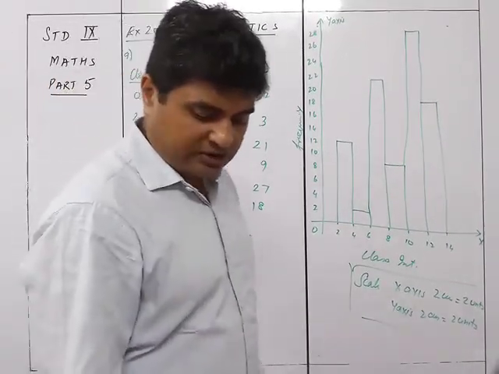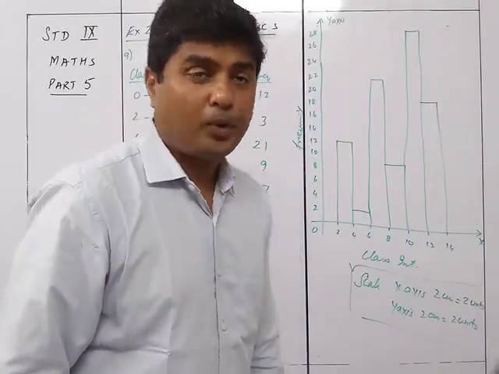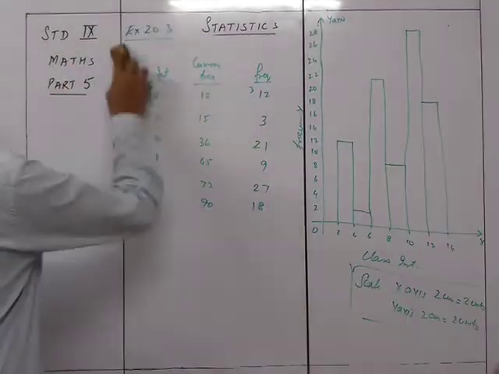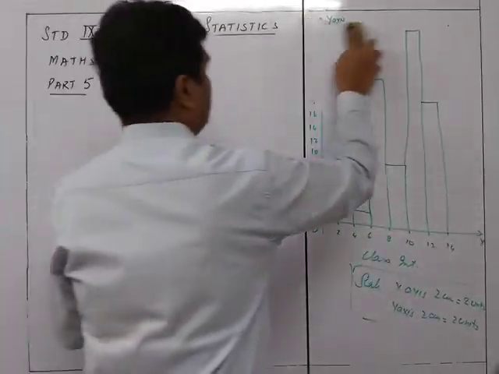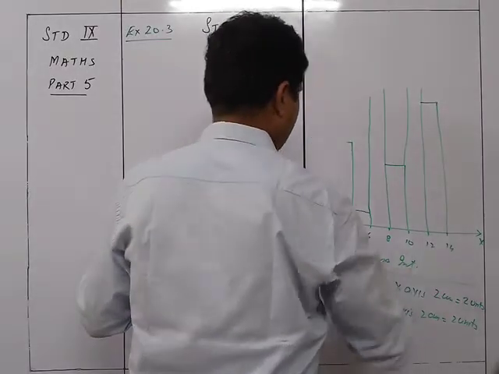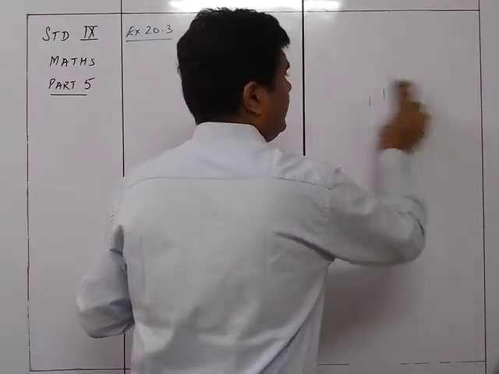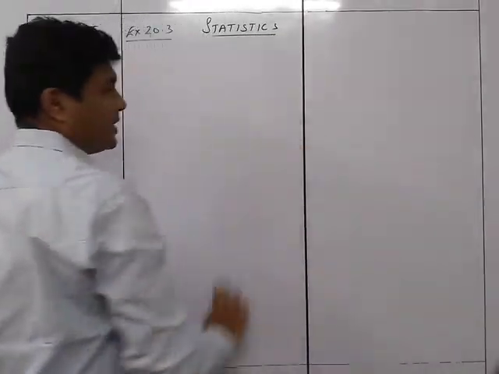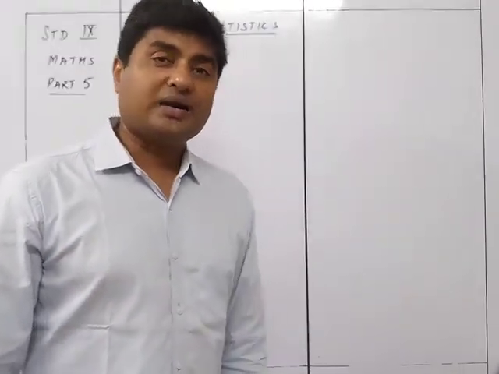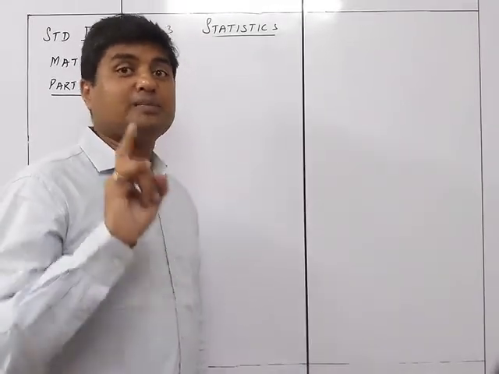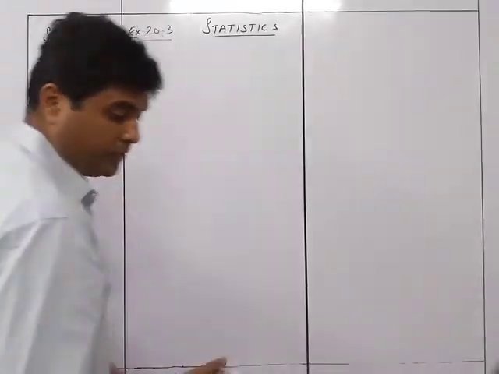We now move on to sum number 11, which is a frequency polygon. Okay, it is now frequency polygon. So you remember, when you need to draw a frequency polygon, we need to take one extra class interval before and after, and we are going to mark the points at the class mark and not at the upper or the lower limits.